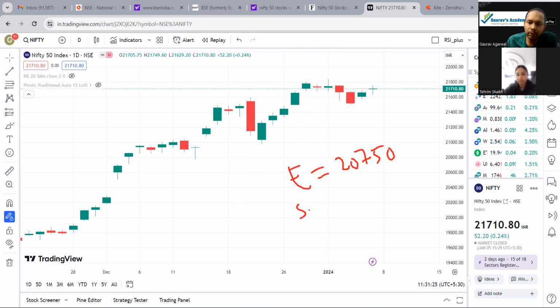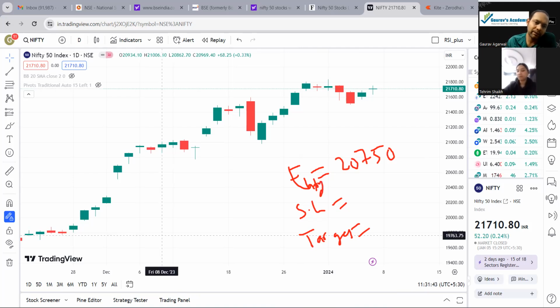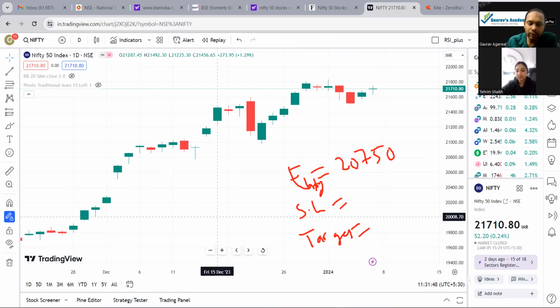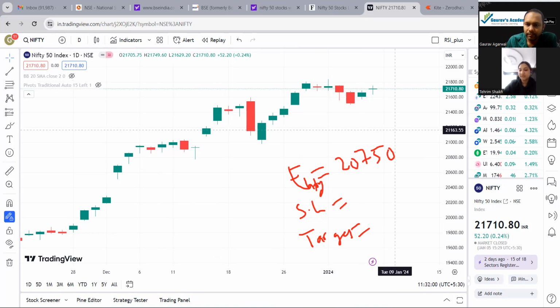Now I have to find out my stop loss and target price. You know the low price, you know the high price, you know the entry price. These three things you know. Now you have to first find the stop loss in the same manner as I explained for the buying price. So how will you calculate? High price minus the low price, then it will be divided by 2. How much will it come?